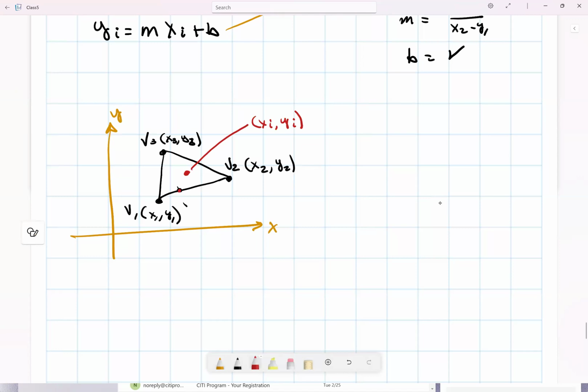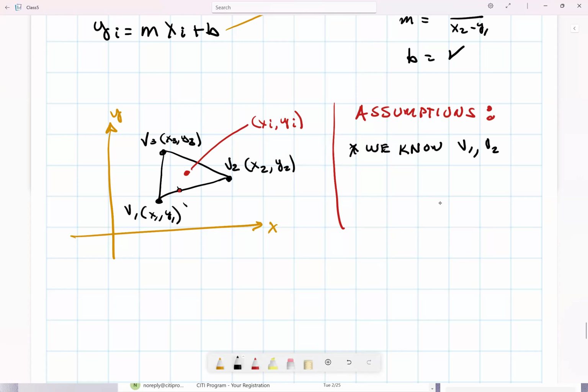So we are getting into the dirty little details of finite elements. It's only geometry, but it is very important. So, assumptions. I am willing to repeat this part next class if it is not clear, but this is the central part of finite elements. Assumptions: we know V1, V2,